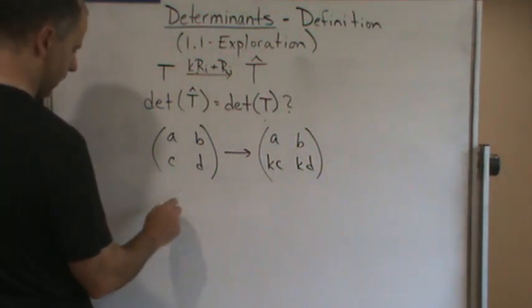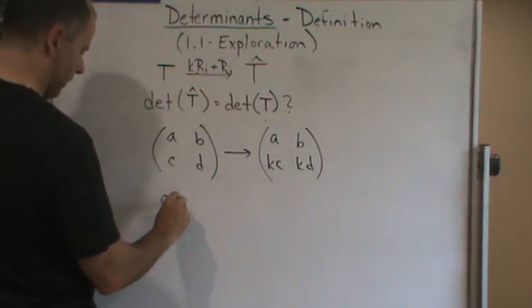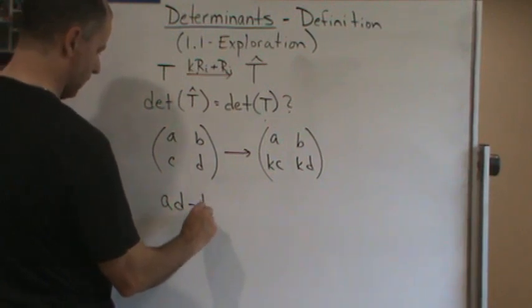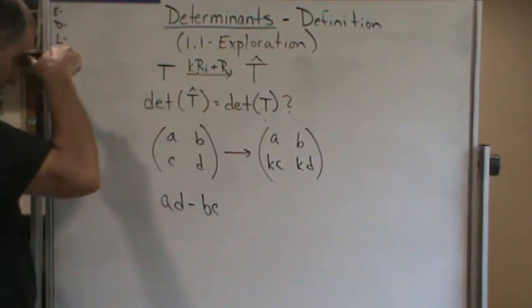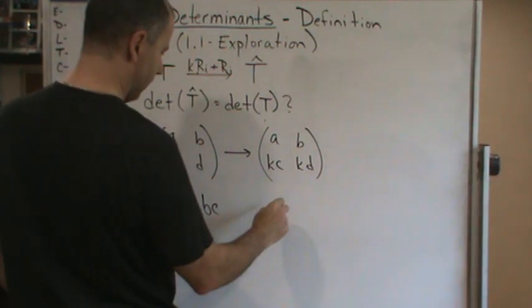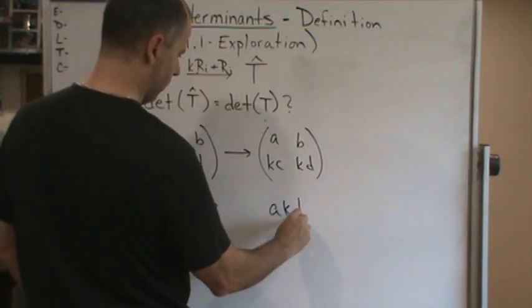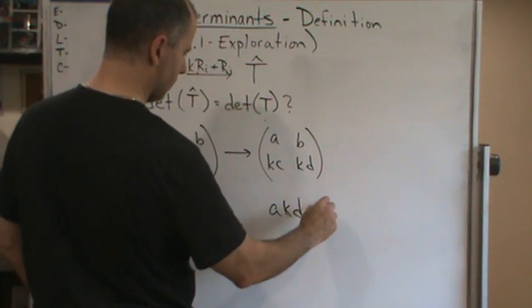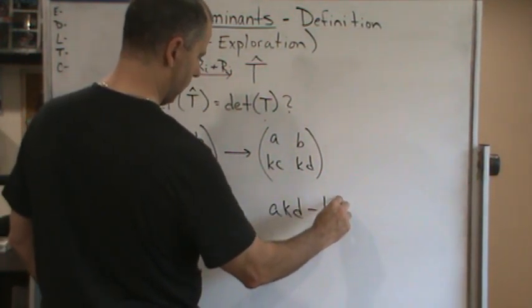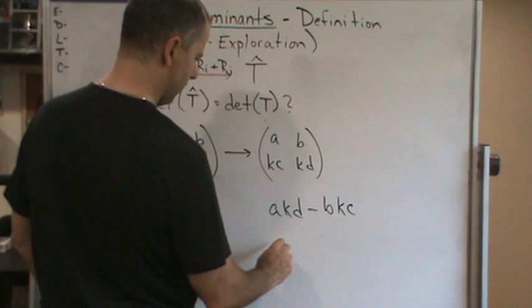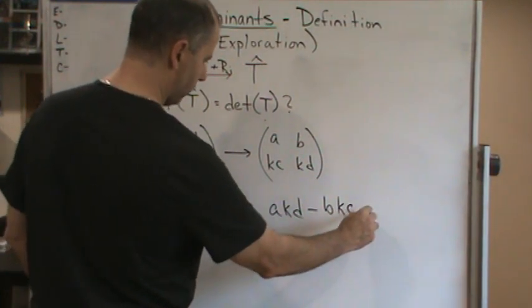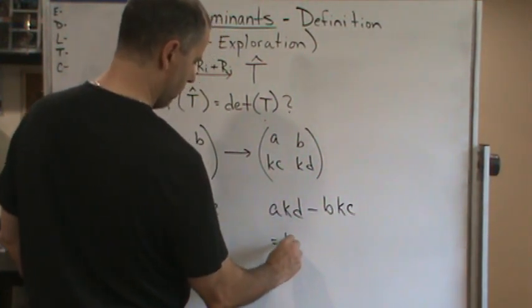Let's do, again, our determinant. I don't know why I erased that, but anyway. So AD minus BC. And then over here, we have AKD minus BKC, which is actually equal to